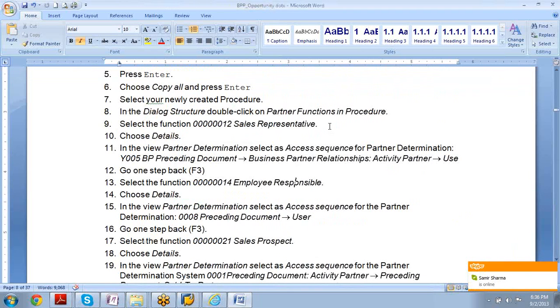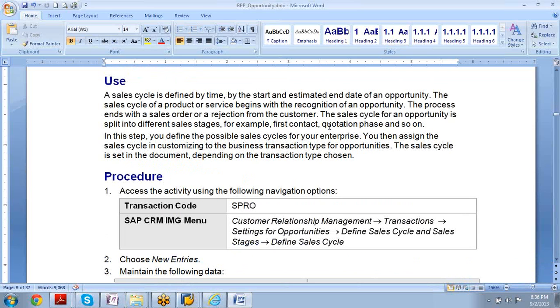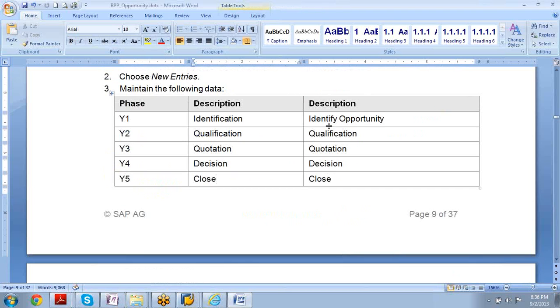Let us assume that even if you forgot the partner determination, you don't need to worry because everything is written here. This is how we work. That's the reason I said 20% time is enough, because we blindly go ahead and do the testing. Whatever is missing, we come back and set up. Got the point, right? Yes, totally.